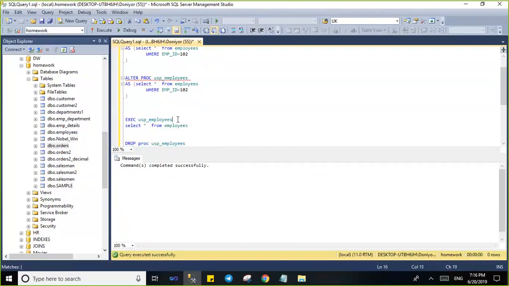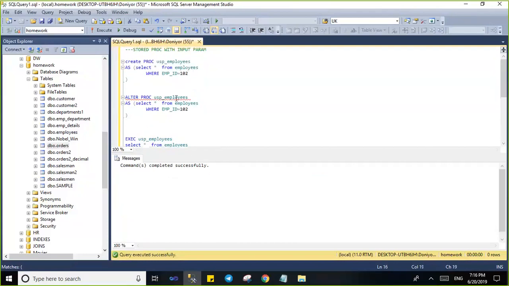Now, what I want to do is create this procedure again with the name employees, but I want to be able to pass a parameter value. So creating a store procedure with a parameter is the same as any other store procedure. You say create procedure, and then you say the name and so on. But there's one addition. You have to also create a parameter. So how do you create a parameter? You say